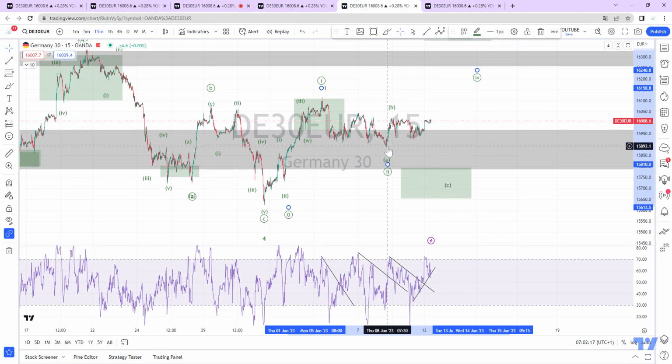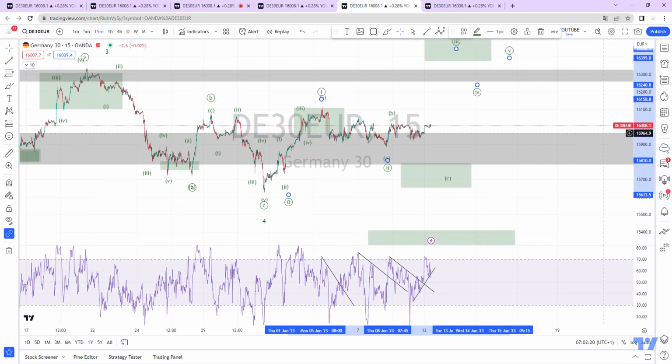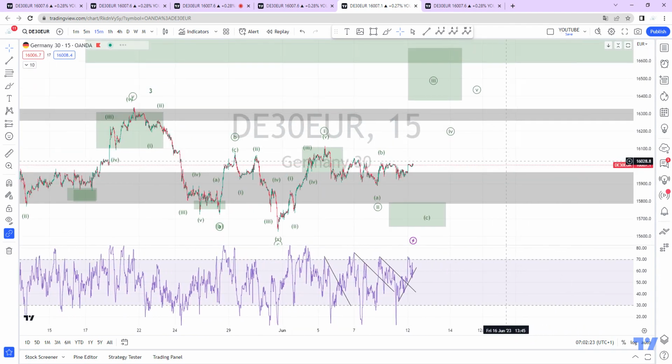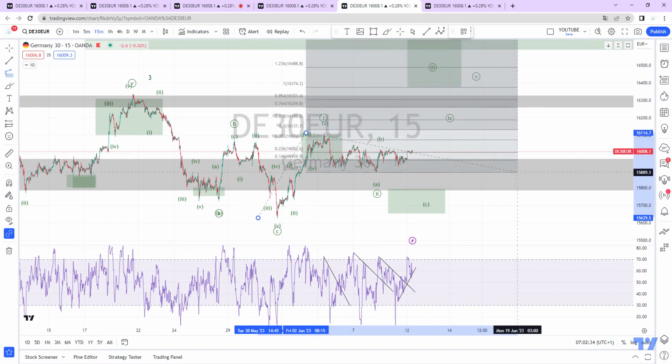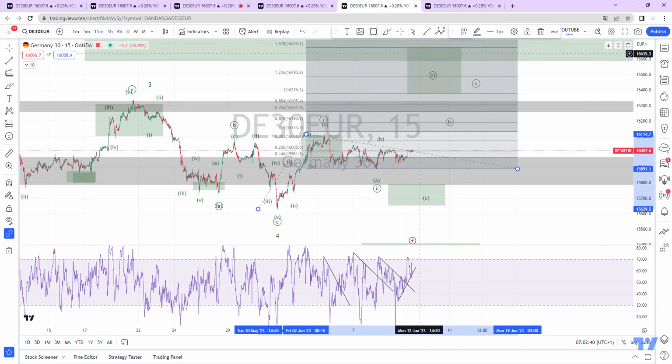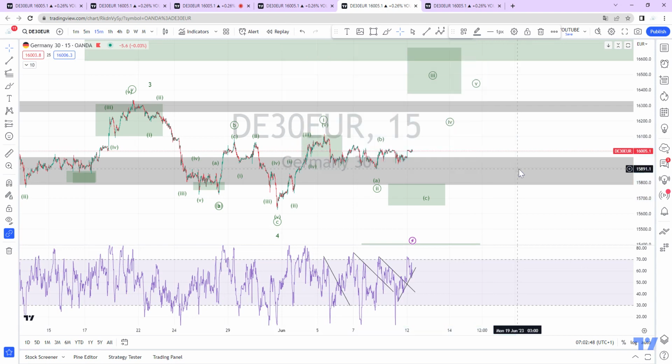And if our wave two low was in here, then we already know the target for a wave three. So our wave three should end there. The equal leg from our wave one and our wave two becomes this area. Normally a wave three goes to the 1.618 Fib extension. So in this area we could initiate a short again if we see